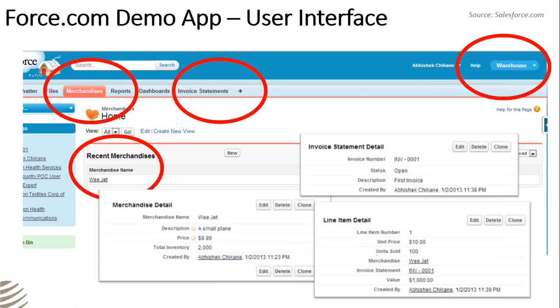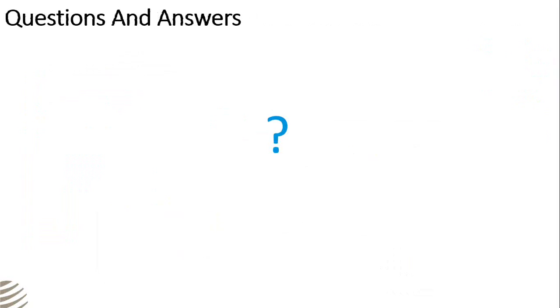And we are going to create this within the next 15 minutes. I'm not going to write any program here. I'm going to use the declarative model to build the small warehouse application. As we go ahead, we can add more features by using workflows and triggers. But for this demo, I'm going to create these 3 objects, the relationships, the fields, that is the columns, and one validation rule.